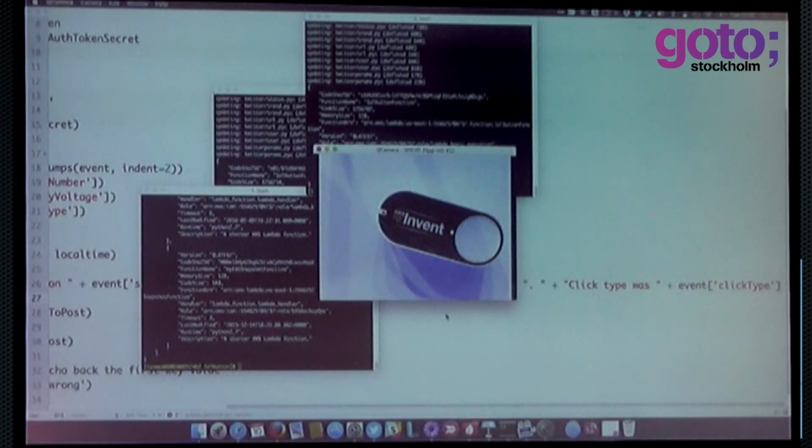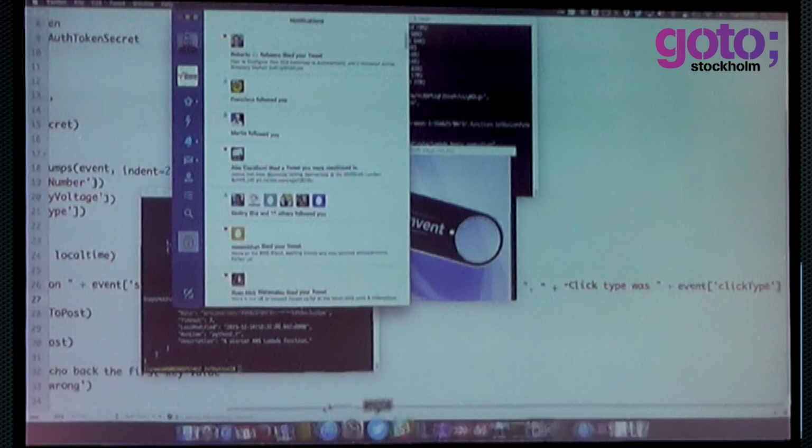It's changed color to green. And if we take another look at Twitter,